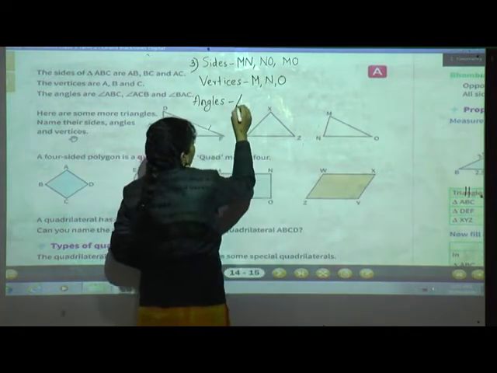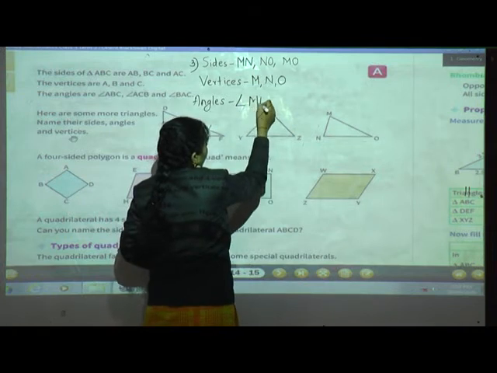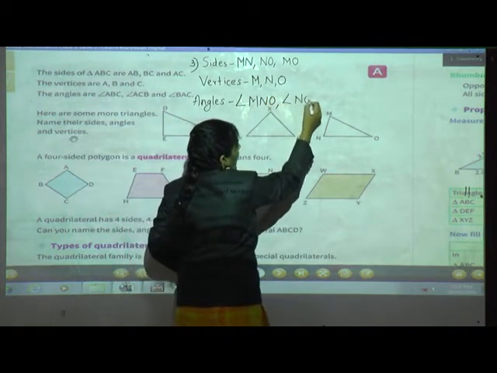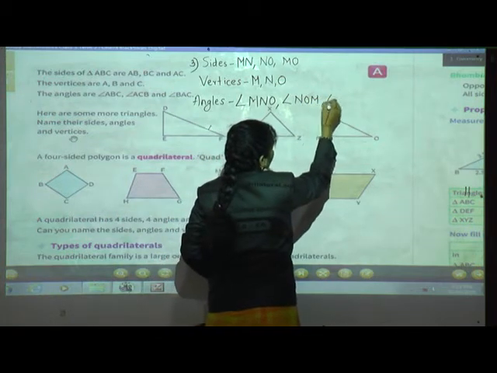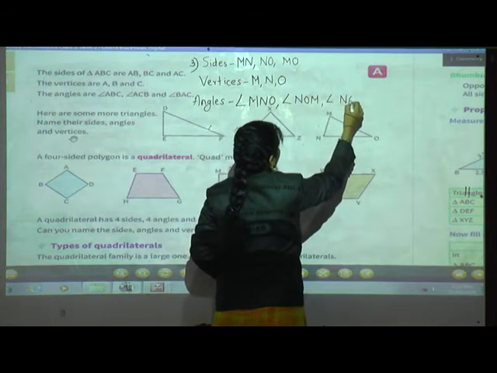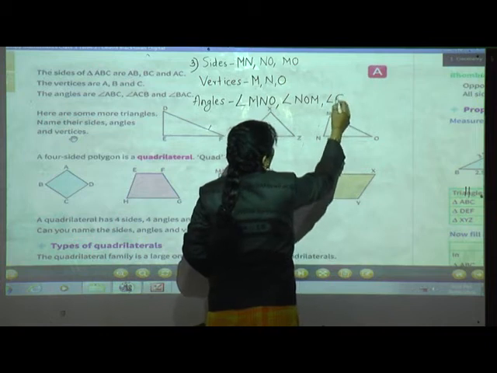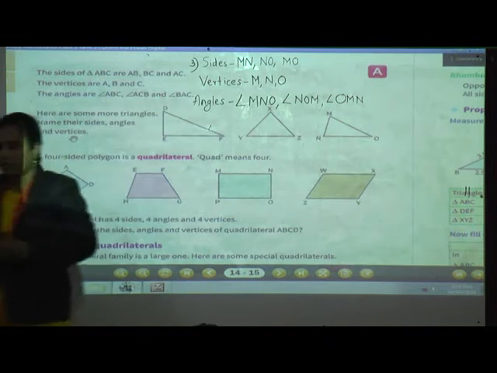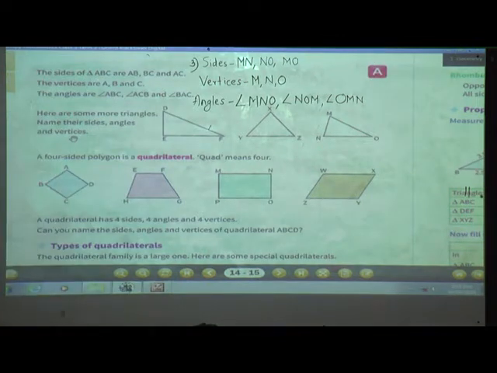Very good. Angle MNO, angle NOM, angle OMN. So students, I think you have understood what are the sides, vertices and angles of a triangle. So we will see our next point,